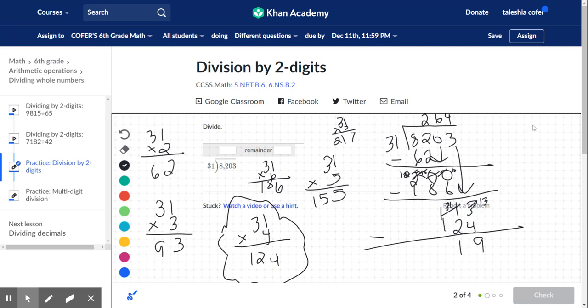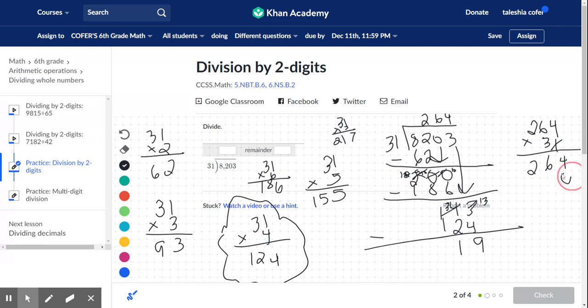In order to check it, I multiply 264 times 31. 1 times 4 is 4. 1 times 6 is 6. 1 times 2 is 2. I'm finished with my 1, so I can mark it off and write a